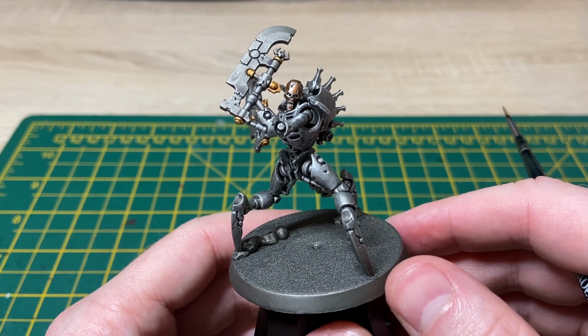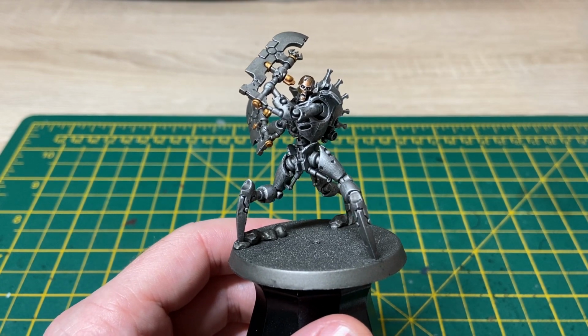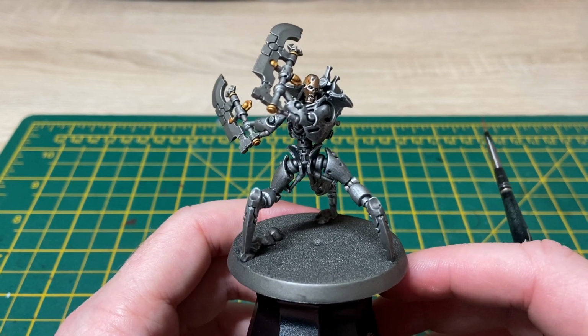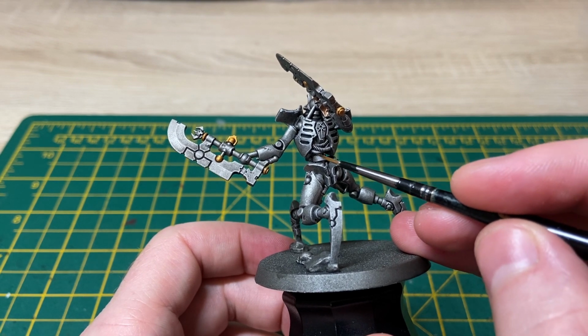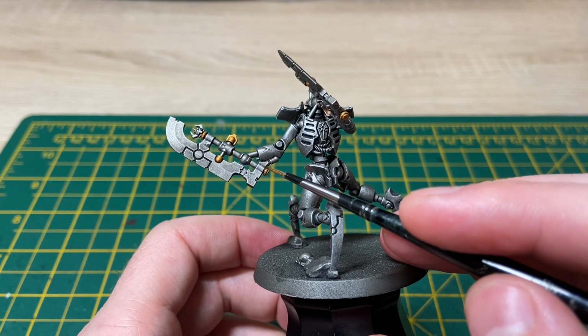With the Canoptek Alloy highlights done, that's the face finished pretty much, apart from the eyes when we get around to those a bit later. So it's time now to start blocking in some of the black details. So those are going to be things like this one solid cable in here, the chest decoration,